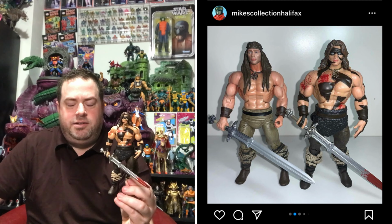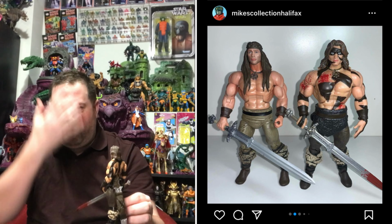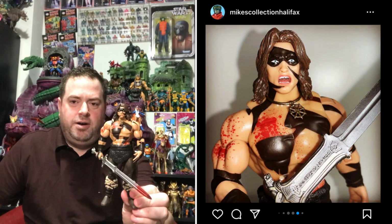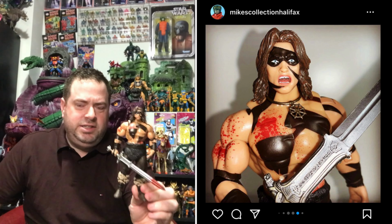And this is the first time I think they really nailed the look of Arnold Schwarzenegger's face. The other figures didn't quite live up to it. But here he looks great, and the war paint version is my favorite version of Conan from the live action movies. So I'm glad that this is the one where they finally nailed it. They probably should have nailed it on the first one. But anyway, really solid figure. Really love it. So there you go, Conan at number 5. Now my number 4 figure is another...